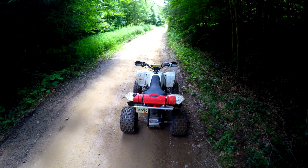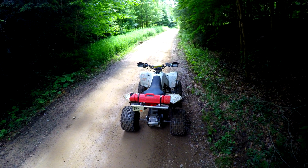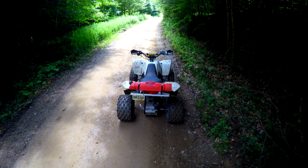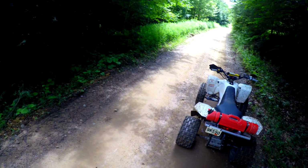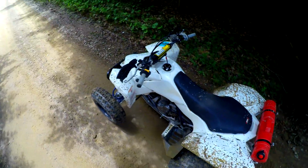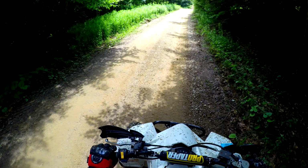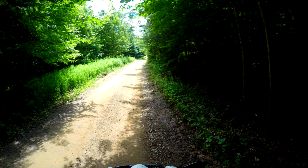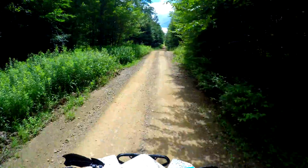So, I mean, on these things you don't really use the rear brake a lot. It's not nearly as useful unless you're trying to slow down super fast than the front brake. It's kind of like motorcycles. You know, you modulate your speed a lot with the front brake. You notice after you're no longer a new rider that the front brake plays a big part in riding, whereas the rear brake not so much. I mean obviously rear brake is useful, but not nearly as much as the front brake. Which goes, to me, goes past logic, but